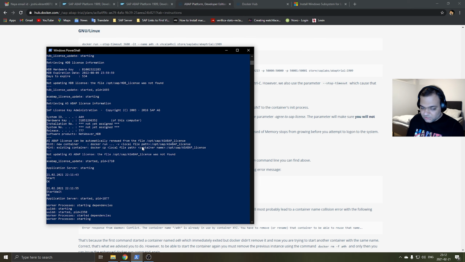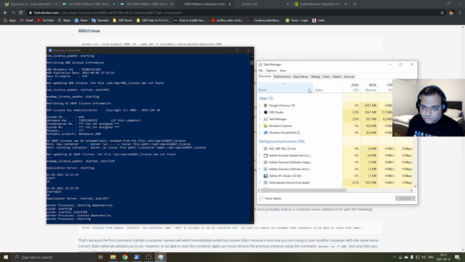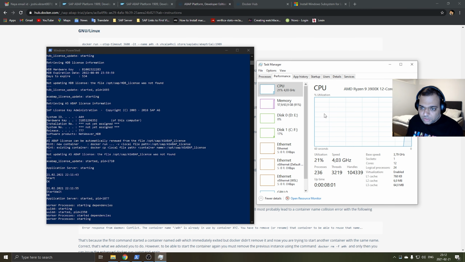And now let us check the task manager to see how much resources it is consuming. So as you can see, the CPU utilization is around 20% for me, and the memory utilization is 57 GB out of 64. So initially it will try to consume as much memory as is available to it, and then this will obviously come down.